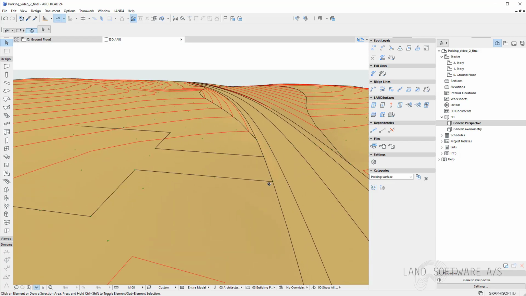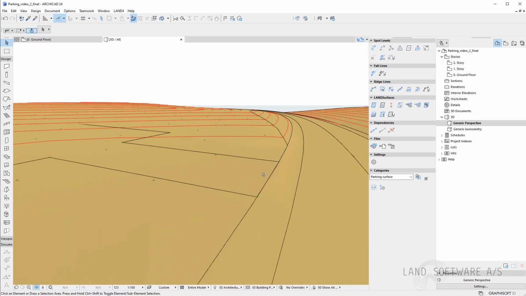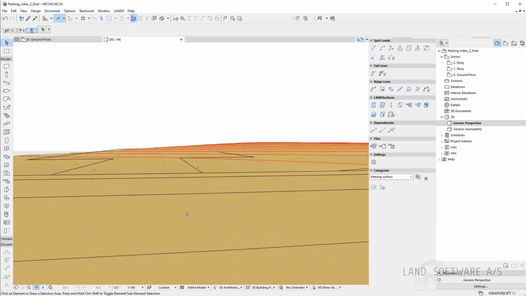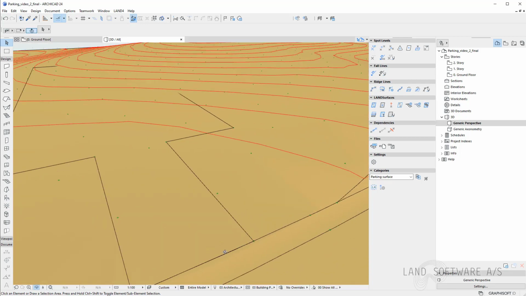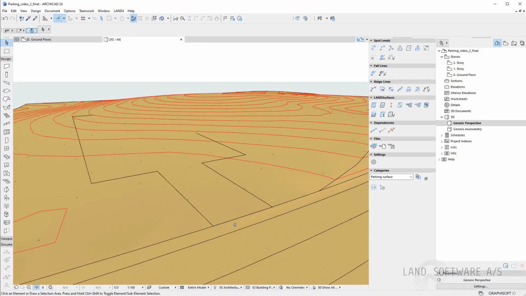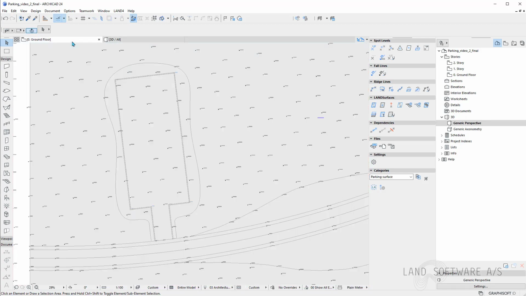And here it is. So we can see that the ridgeline follows the junction with the road, and then I can control my surface using the spot levels in the corners.